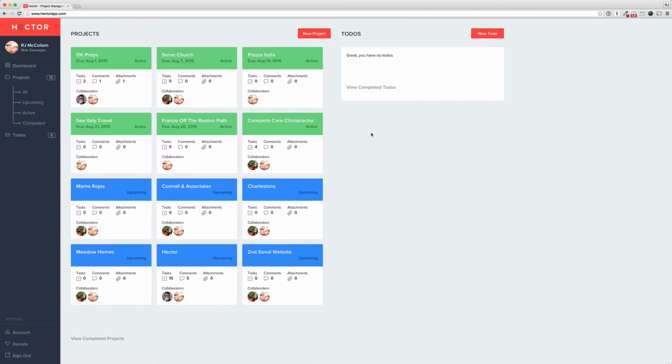So the screen that we're taking a look at right now is called the dashboard. When you first log into Hector, this is the screen that you're going to see. Now, this is the whole reason that I built Hector, because what I wanted was to see all of my projects and all of my to-dos in one place. I didn't want to have to filter by what team or what person I was working with. I wanted to be able to see everything in one place, and that's exactly what you're going to get in